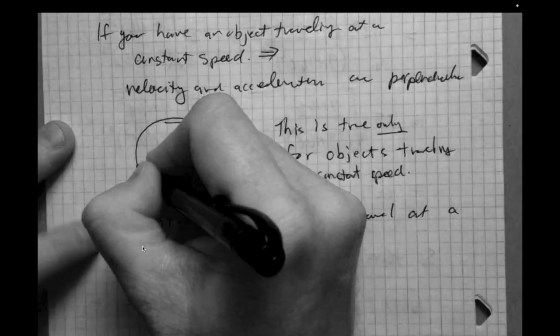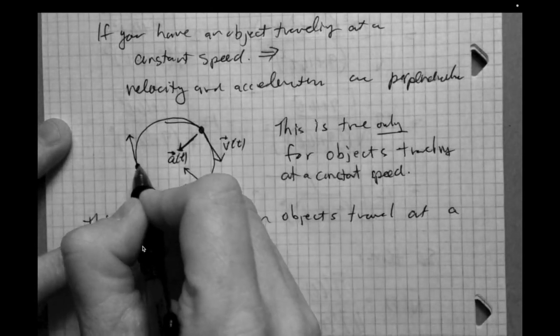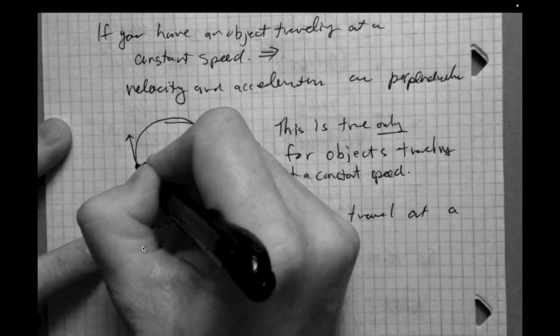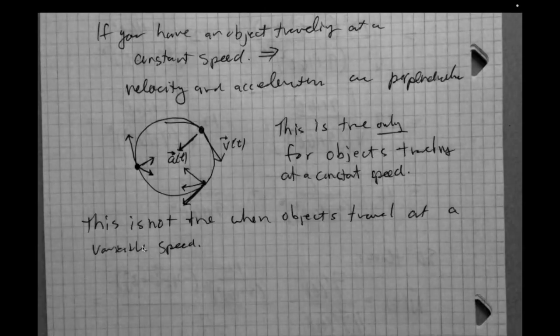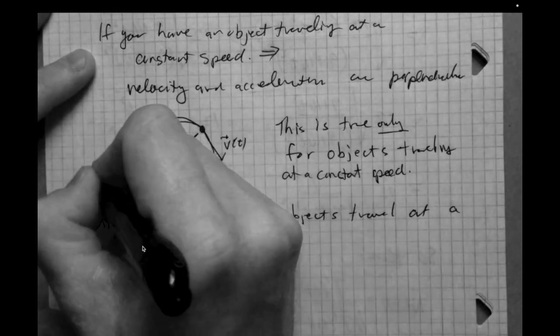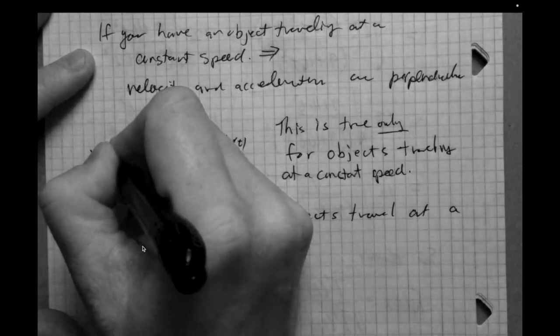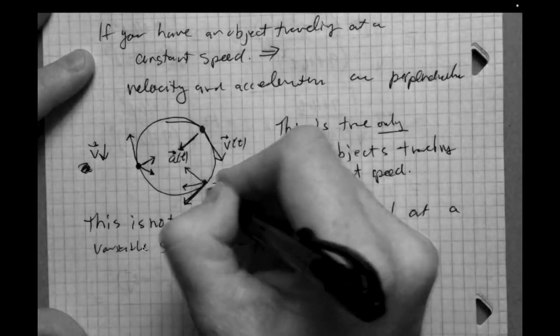And then maybe at other times, you would have the acceleration towards the center again, but then perhaps some portion of it in the opposite direction of the velocity. And in this case, you would see a deceleration. So velocity would decrease here, and velocity would increase in this scenario,